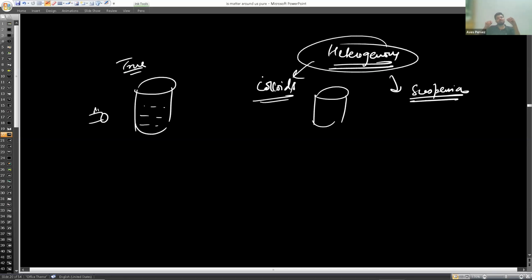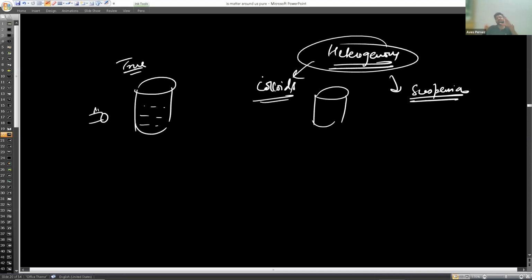Like the true solution, the particles are so small that they cannot be seen with the naked eye. Colloid particles are also not visible with the naked eye. True solution particles do not settle down when kept, and colloid particles do not settle down when kept either. Okay. True solution particles